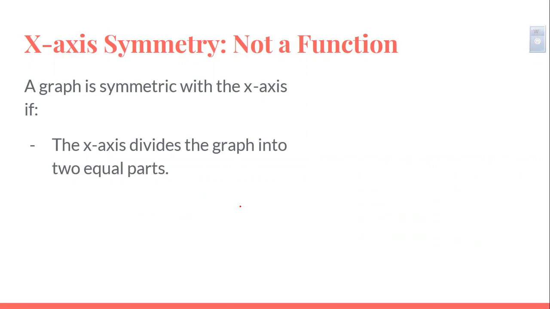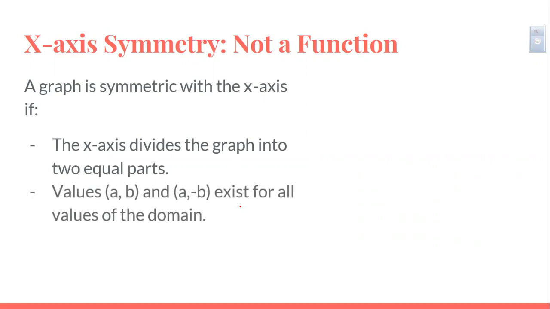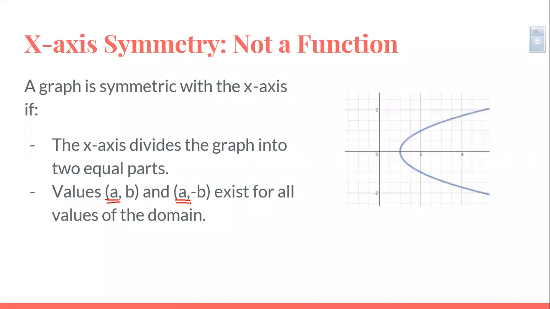Next, we have x-axis symmetry. If a graph has x-axis symmetry, it is not a function. And that's because the x-axis divides the graph into two equal parts. And the values of (a, b) and (a, negative b) exist for the domain. And can you have repeating x values with a function? No, you can't. So there's the problem right there. So when I graph it, it's going to fail what test? What's that test called that it fails? What's the test called? It's called the vertical line test. It fails it multiple times, right? And so if it fails the vertical line test, then it is not a function. So if a relation has